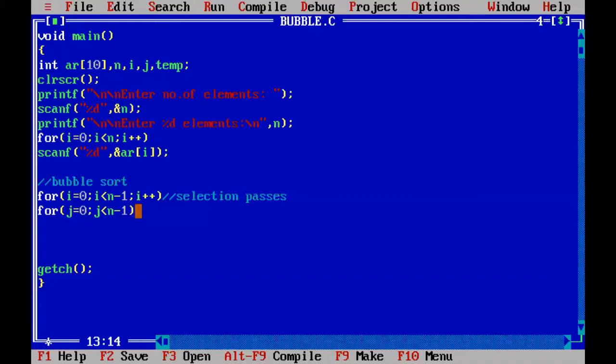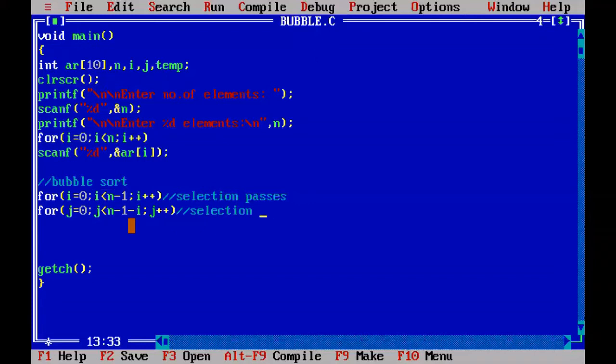For that, you write minus i. So j less than n minus 1 minus i. By seeing this logic only, he will identify that the student is writing bubble sort. So you must write like this. And j plus plus.